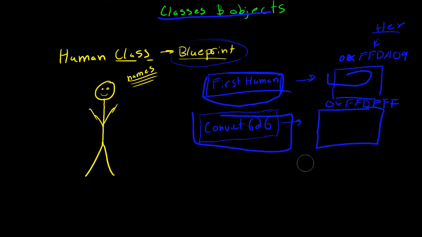So basically, you have first human pointing over here, and then we could also do first human equals null. So after we set it to something, set it to this object over here,